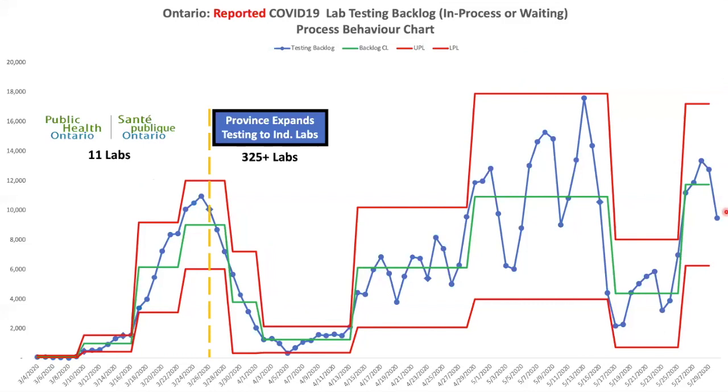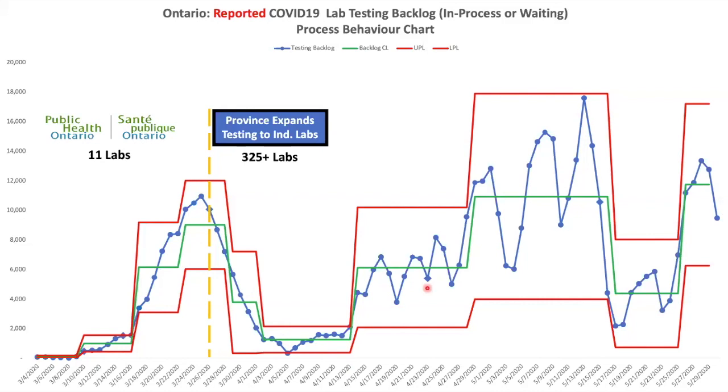Here's the demarcation point for the province expanding testing. So this climb has a very good reason. This is where the provincial labs, and there were only 11 of them, began to get overwhelmed with the backlog of tests that were being done at the time. And the province expanded the testing to include 325 labs. And you can see that produced a commensurate drop. That seemed to work out well for them, but then it just went completely off the rails again with huge